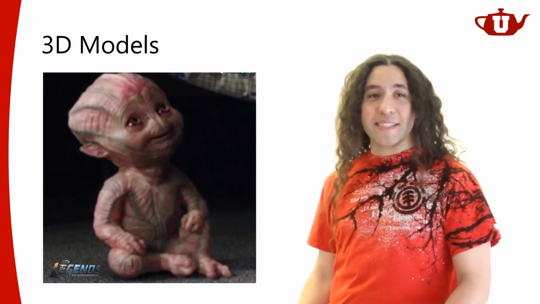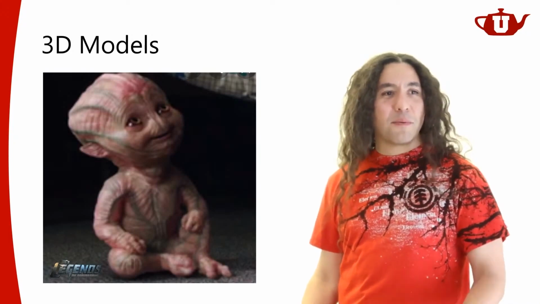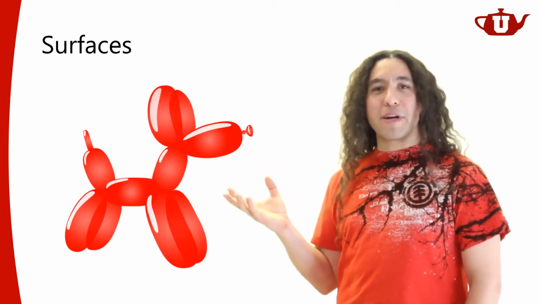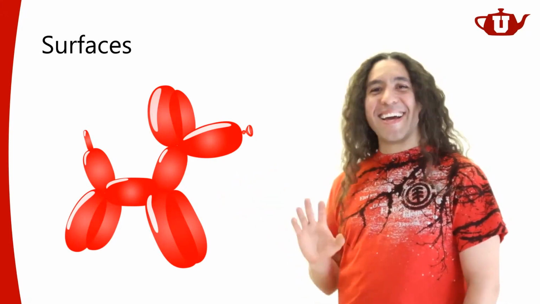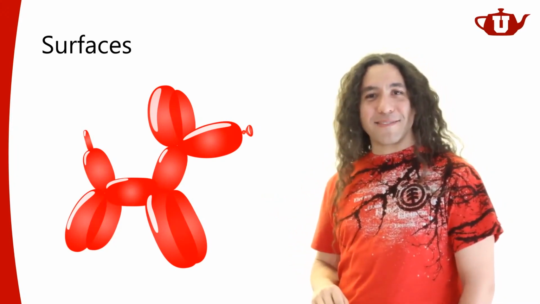But nonetheless, when we think about 3D models in computer graphics, we're talking about surfaces like balloons. It's completely empty. They don't have to look like balloons. I think about them like this, right? This is my understanding of what a computer graphics 3D model is. It's just a surface. And I think it's a good mental model when you think about computer graphics models.